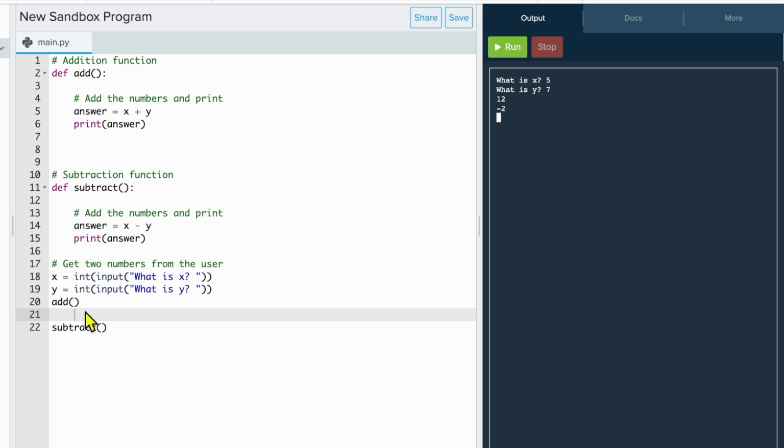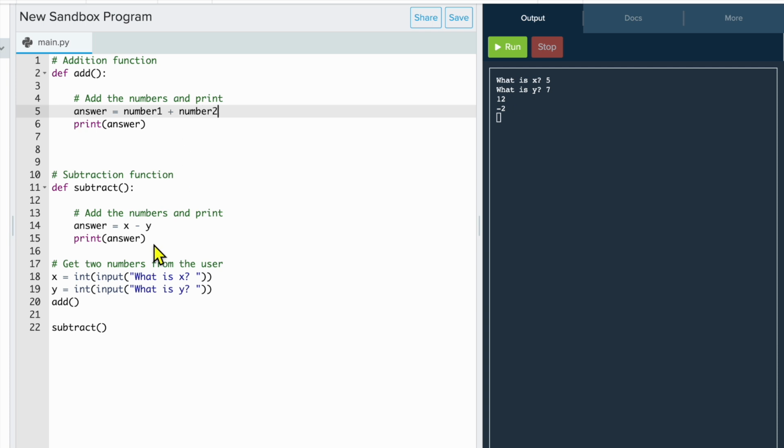These are global variables, and it has printed out the answer onto the screen. But let's just say I didn't want it to be printed out automatically. I didn't want to print out what those things were, and maybe I wanted to do something different. Maybe instead of x and y, I wanted this to be number 1, and this to be number 2,